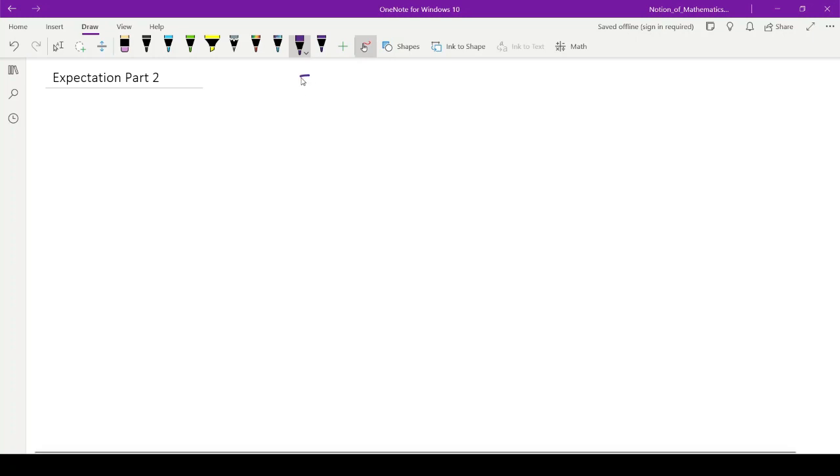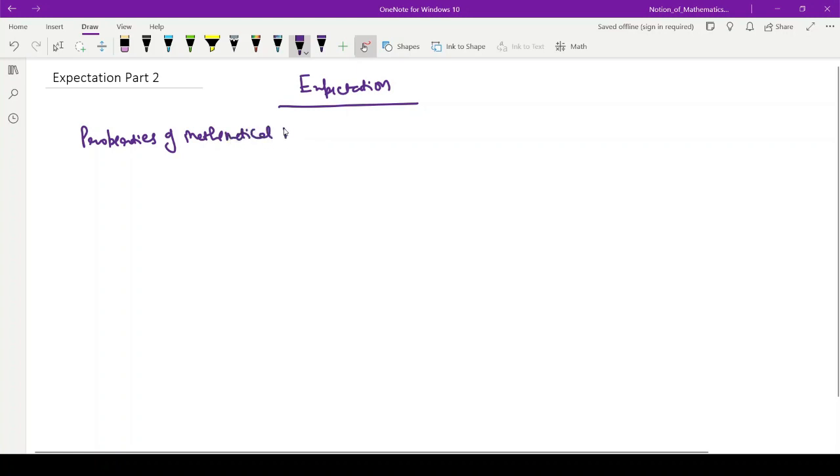In the previous video I discussed a few definitions of expectation, and today I will continue this topic, but here I will start with some properties of mathematical expectation. So the heading here is properties of mathematical expectation. If I am talking about the first property, expectation of ax plus b is a